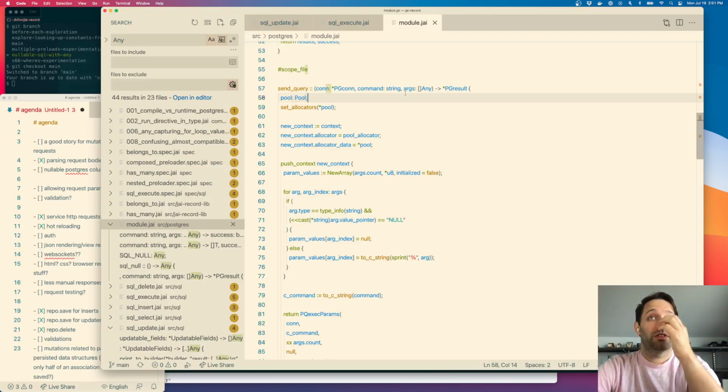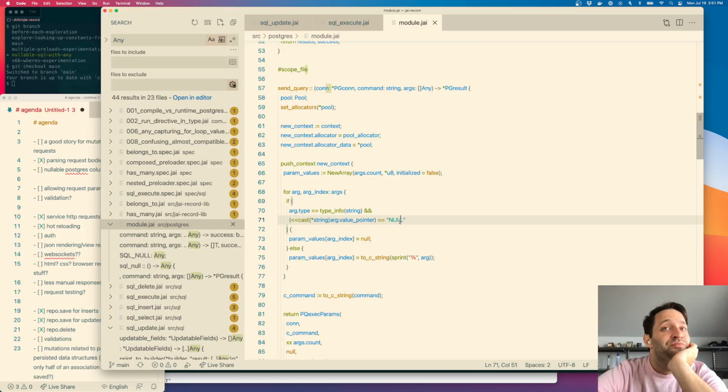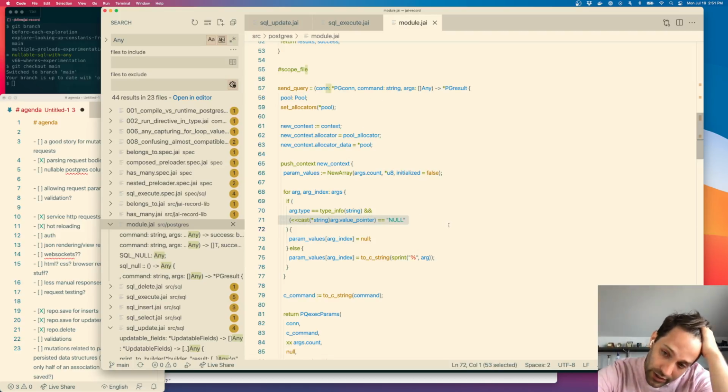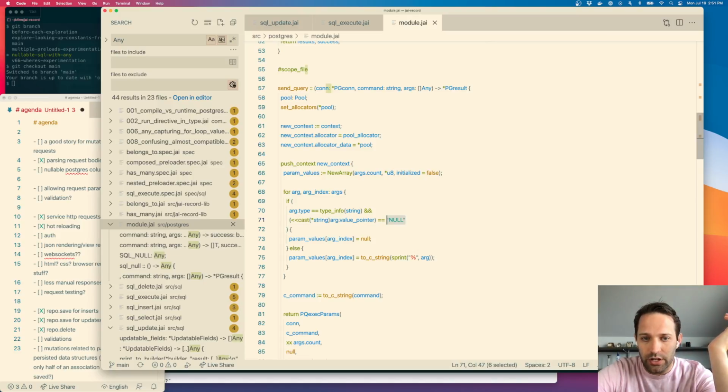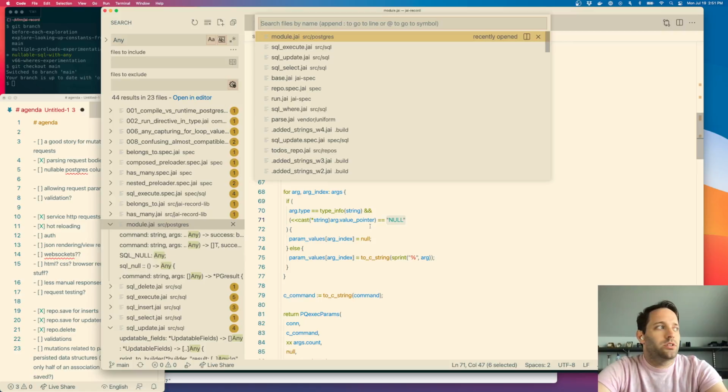I was playing around with send query being able to work on actual args, actual null args, instead of like the string representation null. Because it's valid SQL to store a string whose contents is the word null in a database. And so this is pretty bad news. And similarly, we've got some stuff in our,